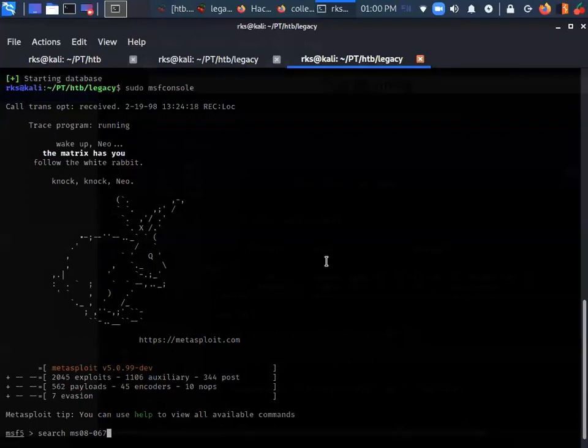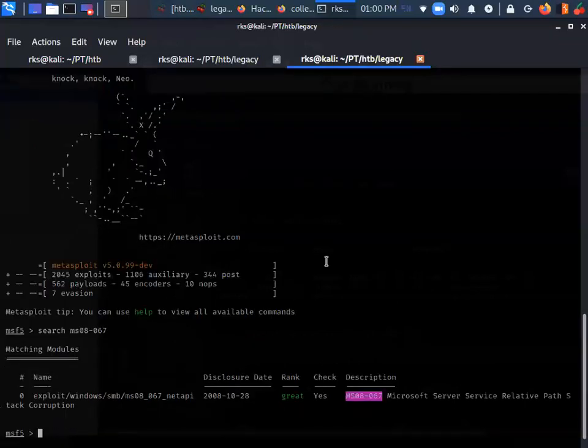We are directly going to search for the vulnerability. In our last session, we searched for MS10-010. So I have a working exploit here.